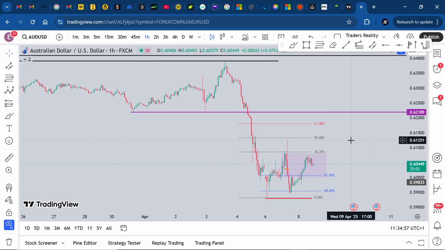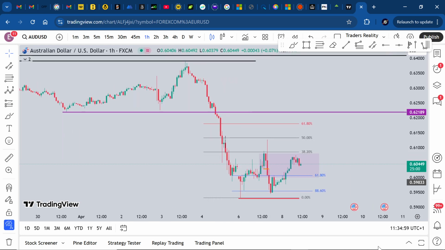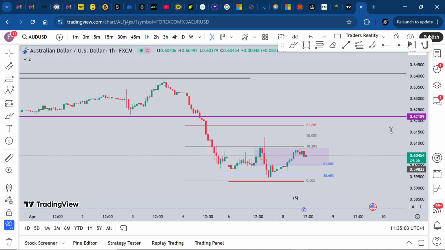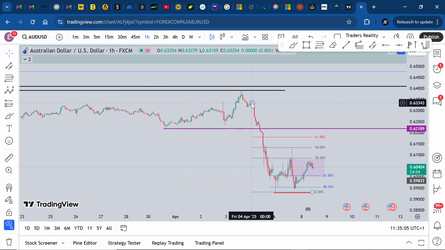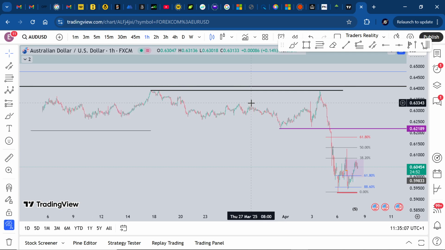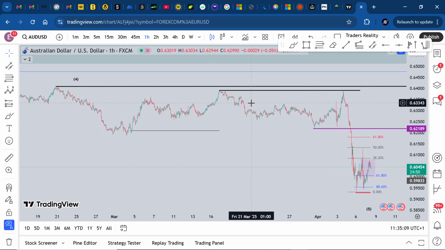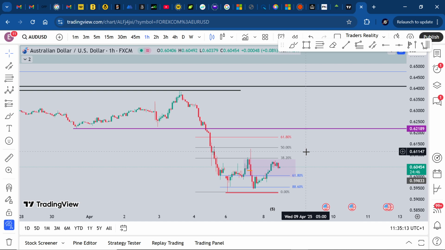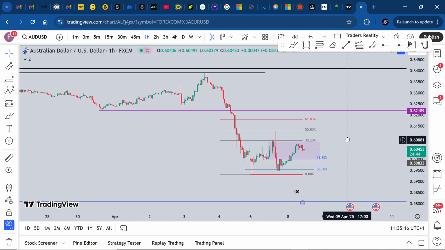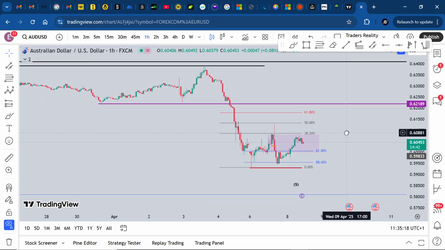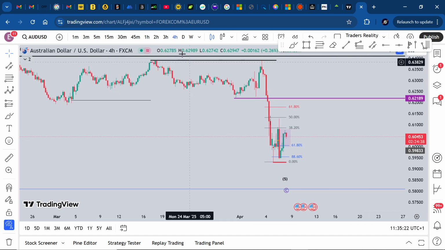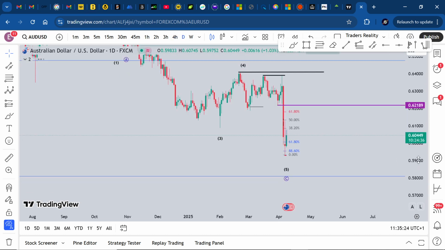AUDUSD, okay, it did come down yesterday. Everything came down yesterday. If you watched the video from yesterday, it was what I was calling for, price to come lower on these. I would love to catch the buy for AUDUSD because I do believe this is going to go up eventually. But my current situation on AUDUSD, if I go to the daily,